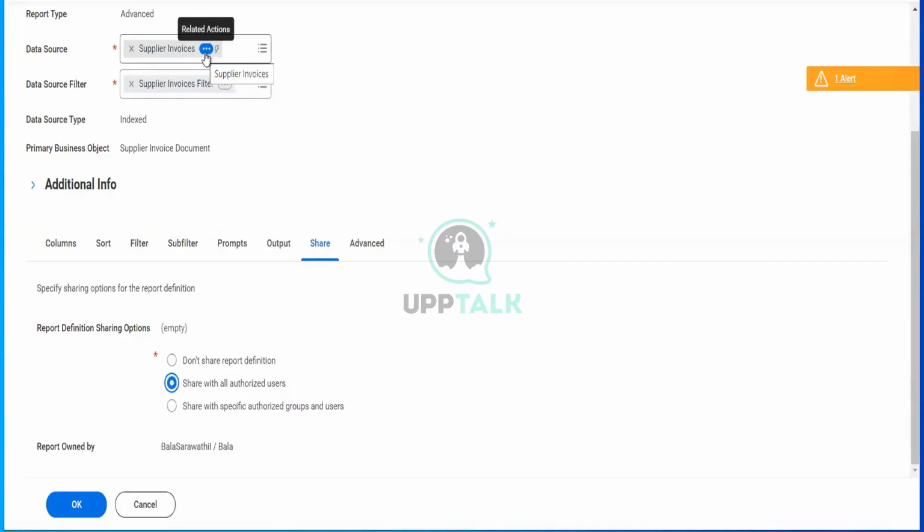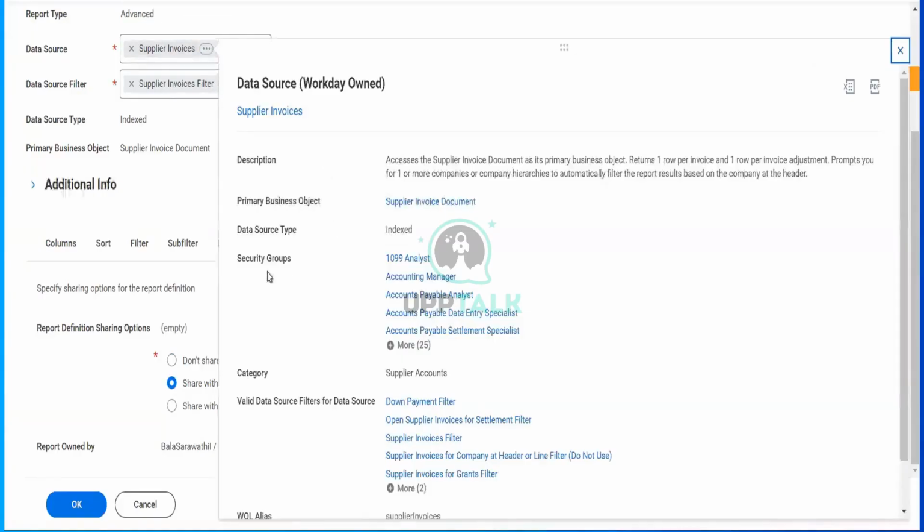Now how do we know who has access to this data source? Click on the data source three dots here and look for the security group. All the security groups have access to this data source, and whatever report has been built on this data source, they would be able to access it